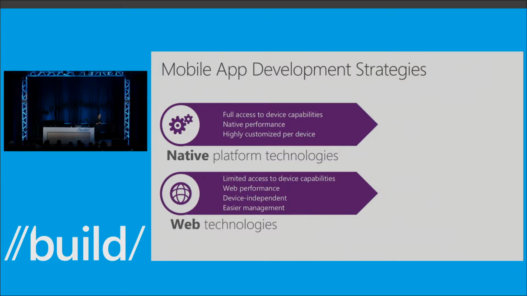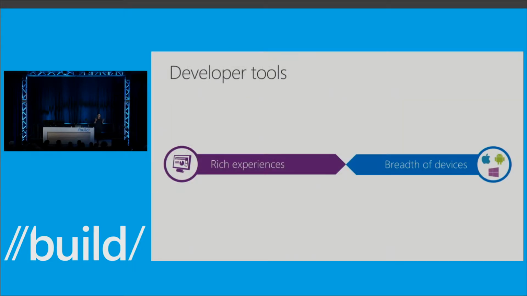Now, the challenge with native-based solutions is that if I target iOS first, I then have to do a complete port and build it using the native tools, ADT, Android Studio, to target Android. And then for Windows, I then have to do it again. The challenge for web technologies is that especially if you're building for a browser container, you're very much constrained to what that browser container is capable of. And so you can't really access the native device capabilities. And so from our perspective, we recognize that this is where a lot of people are coming from, but we don't think that you have to be limited by those constraints.